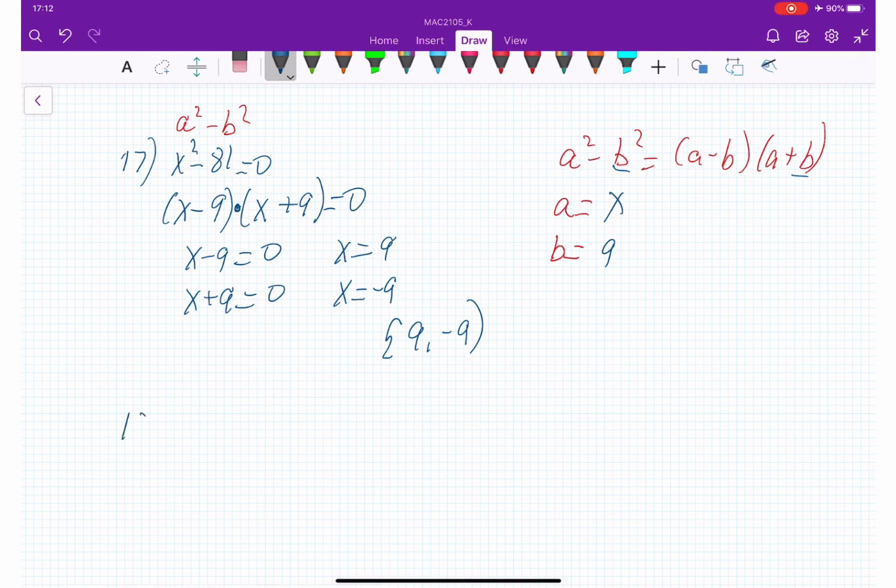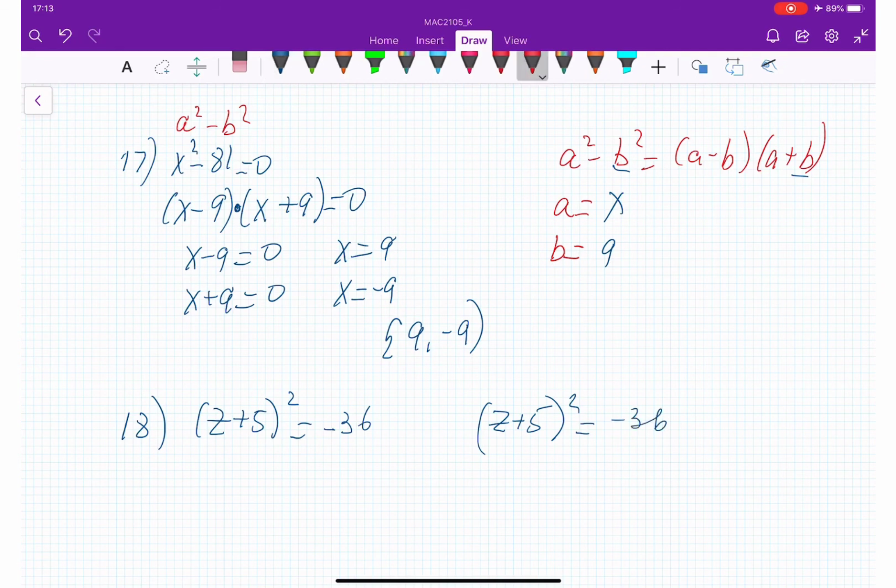Question number 18. What do I have here? (z plus 5) squared is equal to negative 36. Okay, let's see how we're going to solve this one. Since we have z plus 5 squared equal to negative 36, we are going to take the square root of both sides. Let me rewrite it over. So (z plus 5) squared equal to negative 36. If I take the square root of both sides,